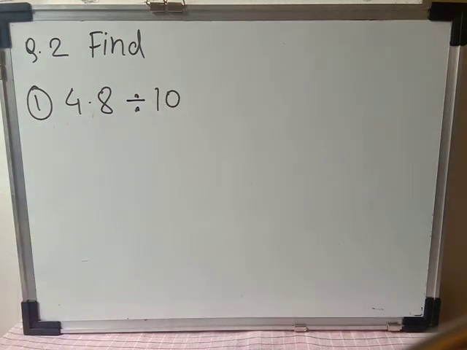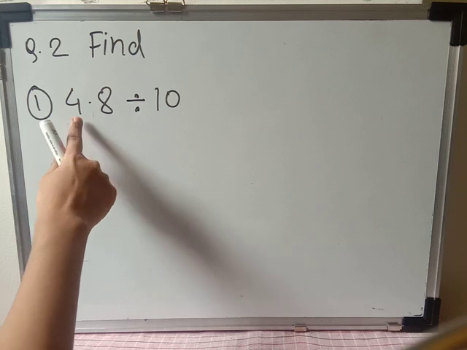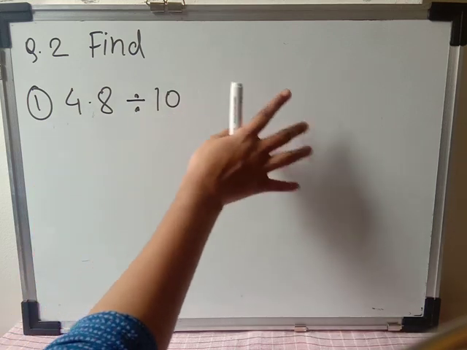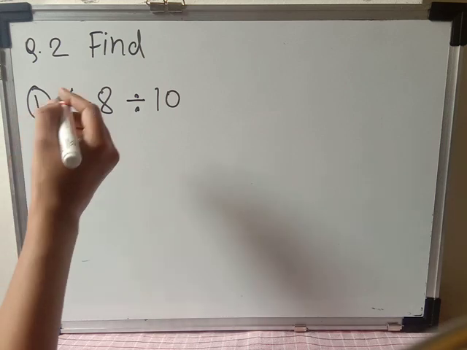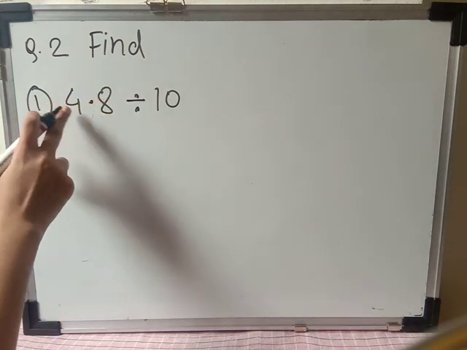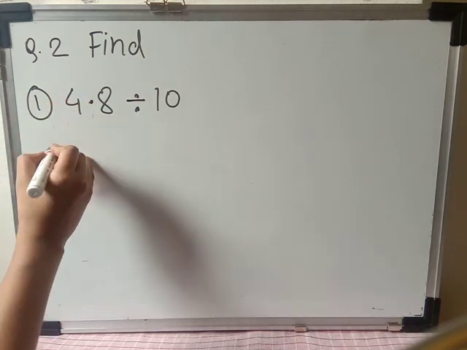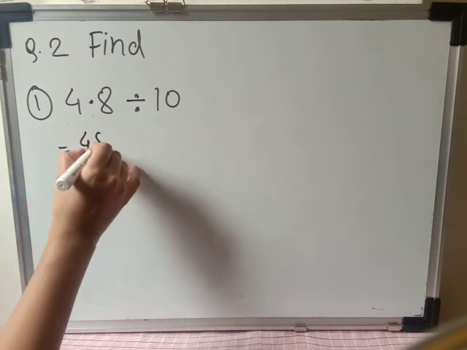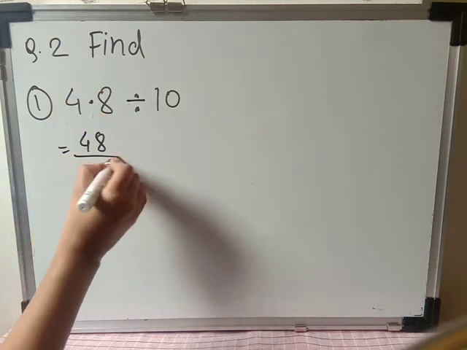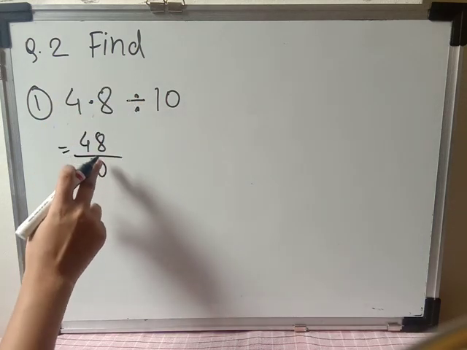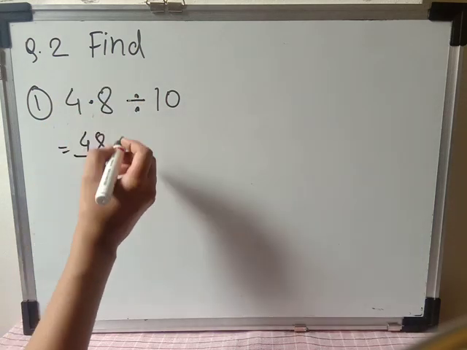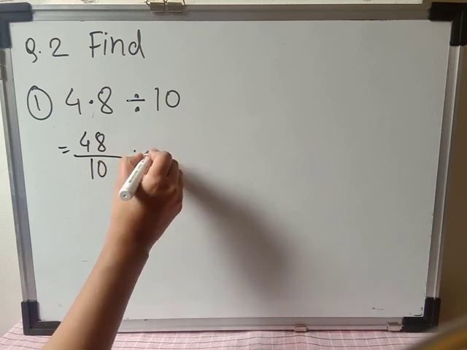Students, one thing you can do is directly divide 4.8 by 10, and you will get the same answer. But I am going to solve this example in another way, where I remove the decimal point from this number, and here will come 48. After the decimal, how many places are there? That is only one, that is 10. So in fraction form I have written 48 upon 10, divided by 10.